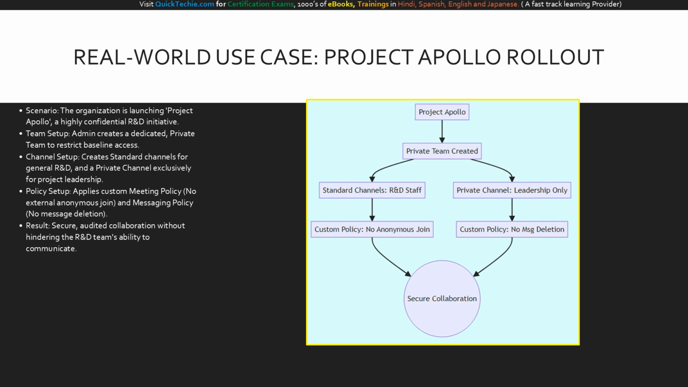The admin creates standard channels for general R&D discussions, but crucially, creates a private channel exclusively for project leadership, generating an isolated SharePoint site for financial and patent documents. Finally, the policy setup. The admin creates and assigns a custom meeting policy that blocks anonymous external users from joining Apollo meetings, preventing corporate espionage. They also apply a custom messaging policy that disables message deletion, ensuring a perfect audit trail for patent compliance. The result, you have provided a frictionless collaboration space for the R&D team, while wrapping it in an impenetrable layer